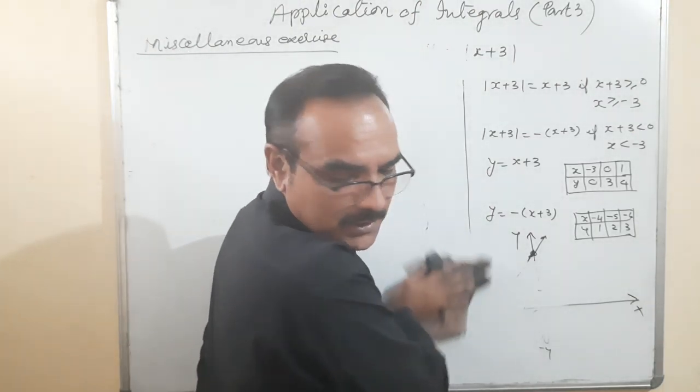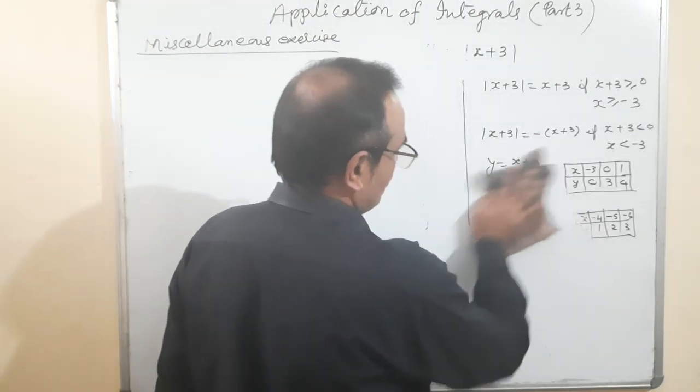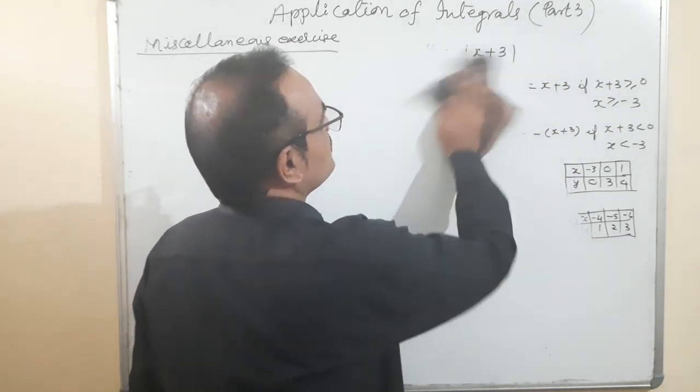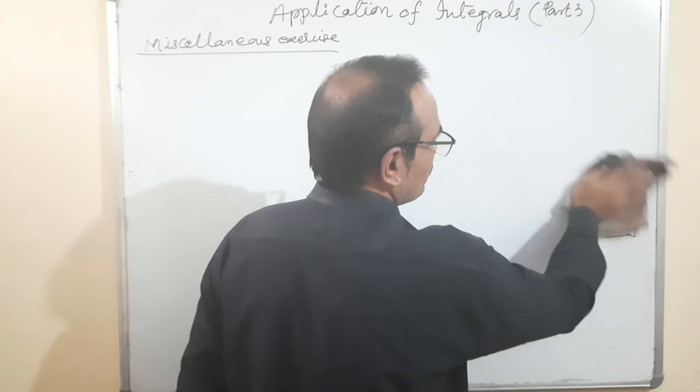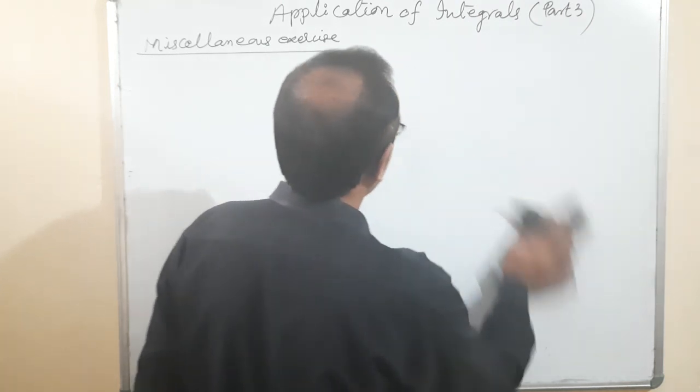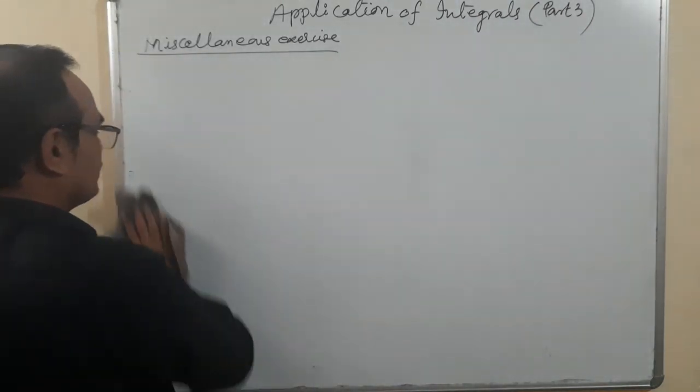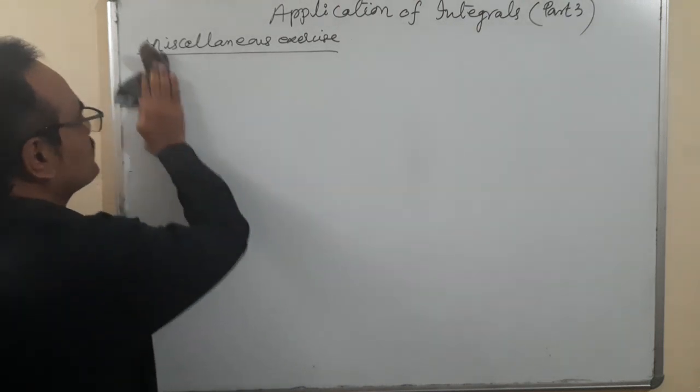And after this question, I want to take a question. One is the equation of an ellipse, x square upon a square plus y square upon b square. And the second is x upon a plus y upon b, that is just the equation of a line. Okay. Equation of a line.